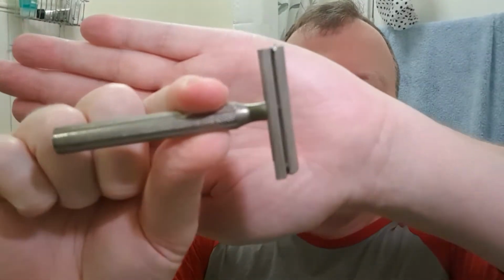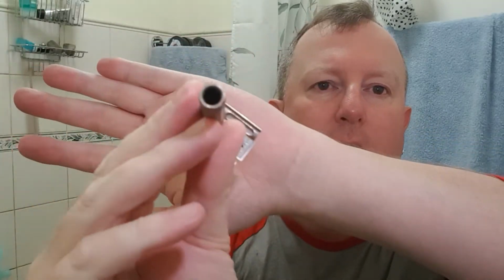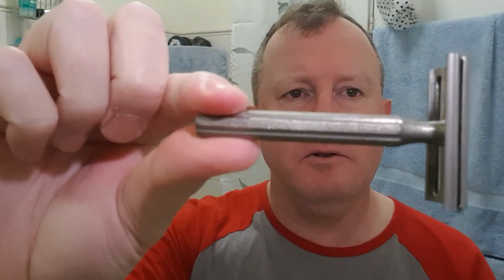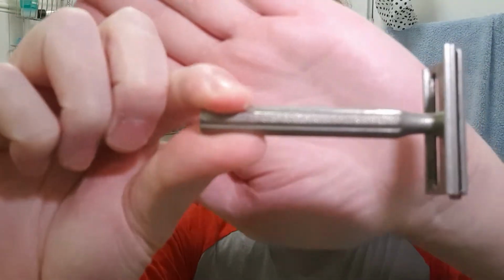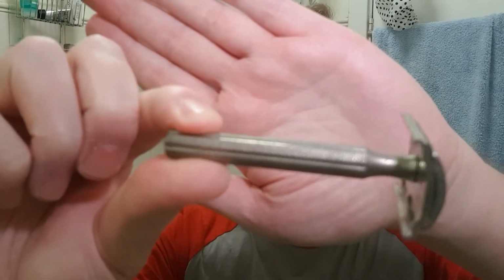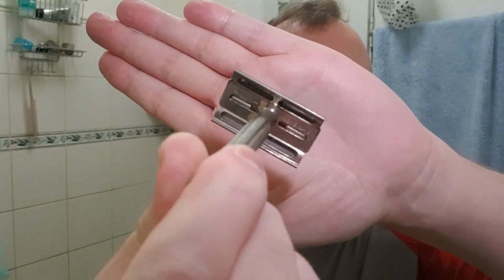And we're going to use a Persona 74 again. And this time we're going with this bad boy. Let's get my hand behind there. So this is a Gillette Tech hollow handle, just unusual knurling on the handle itself. Hopefully that is focusing. It's made in England. There's the base plate, you can see. They made a lot of different base plates for techs